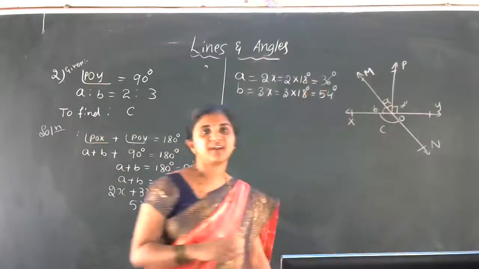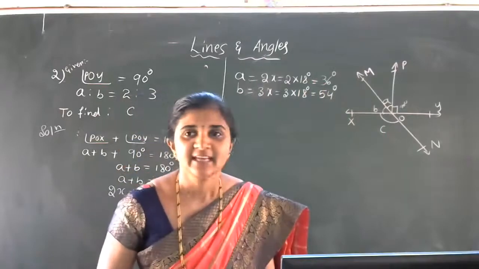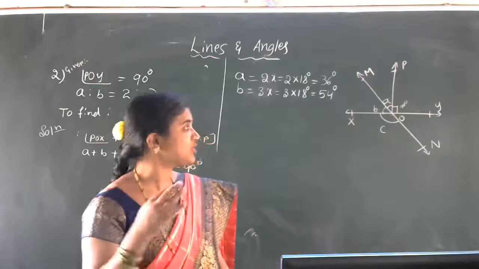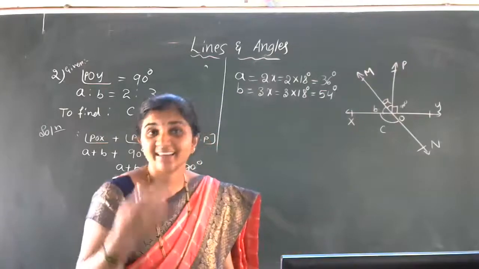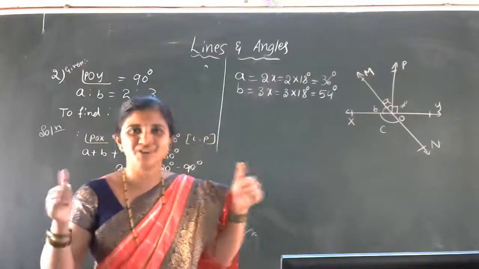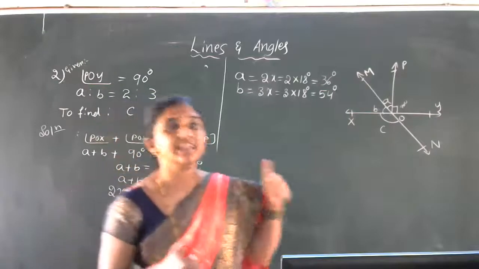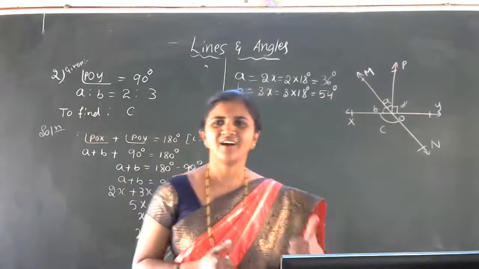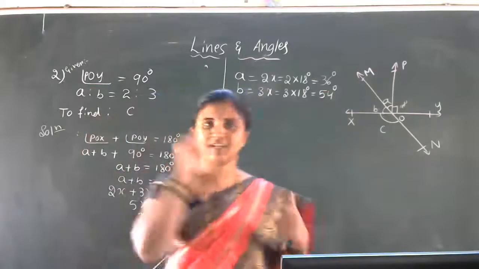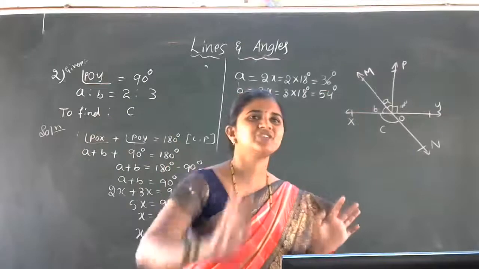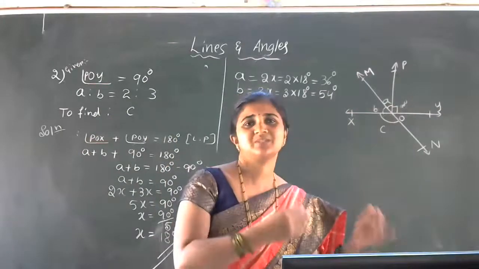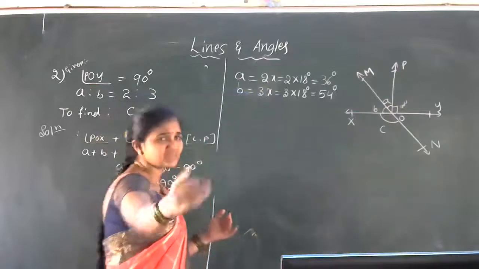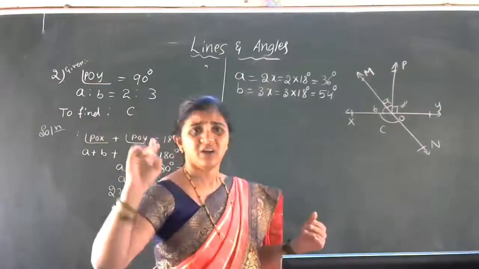Okay, now we got angle A as 36 degree and angle B as 54 degree. What we have to find actually? Angle C. Can anyone tell me how we can find angle C? Can we use the vertically opposite angle concept or linear pair? Both we have. Aryan is telling that we can use linear pair. Some students are preferring vertically opposite angles also. That is your choice, students. You can choose either the vertically opposite angles concept or the linear pair concept. Most of the students are telling linear pair.